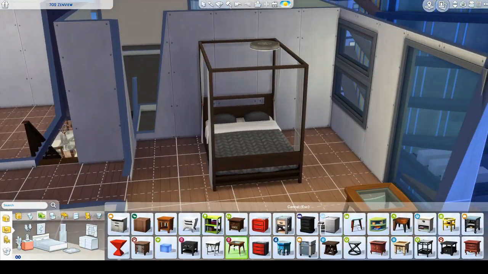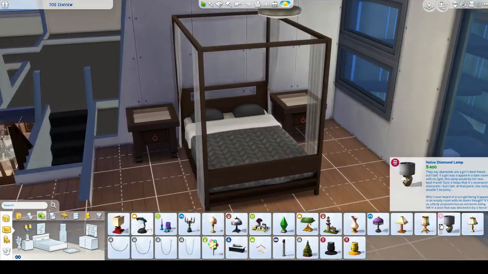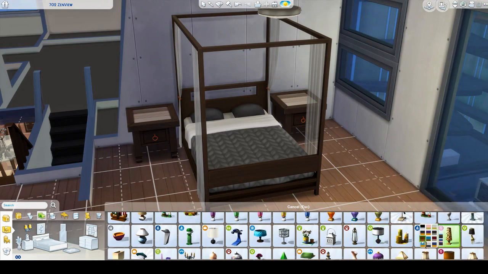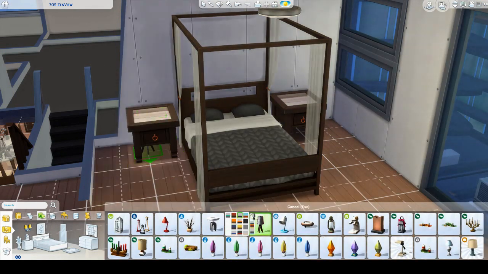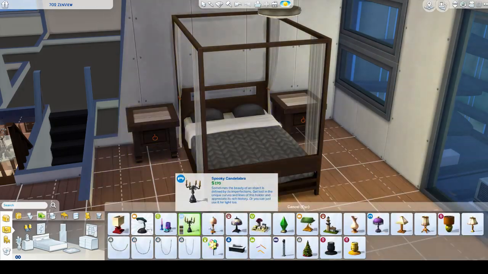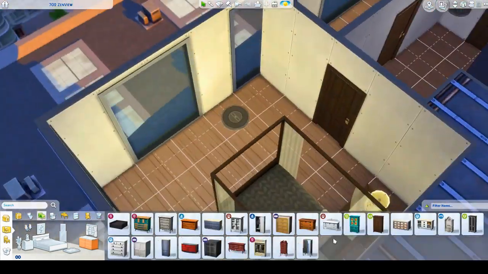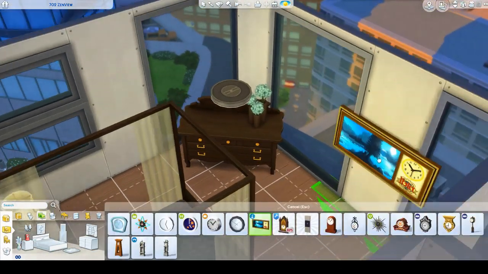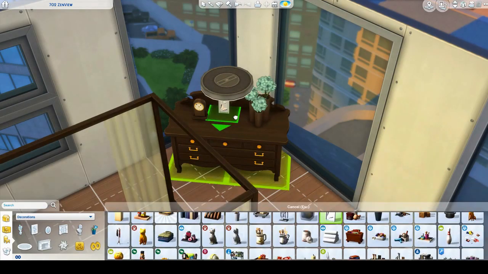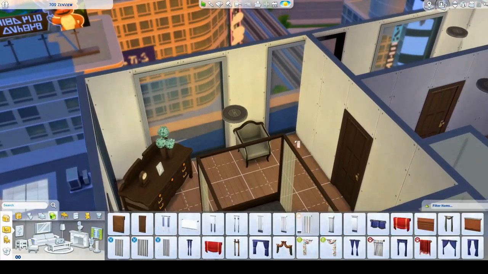So this is the master bedroom, this is Michelle's room, going for more browns, of course. I think I did the two-toned walls. I've been doing that a lot lately where I do a feature wall, and it's fun to pick out two colors that contrast each other and that look nice. And then once you get into the screenshots, I think it looks really good. I'm really pleased with how the screenshots worked out for this build. Ever since I downloaded Reshade, I've just been loving the screenshots and playing around with the settings.